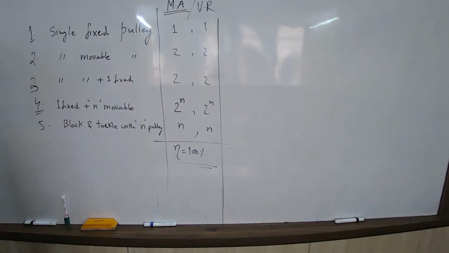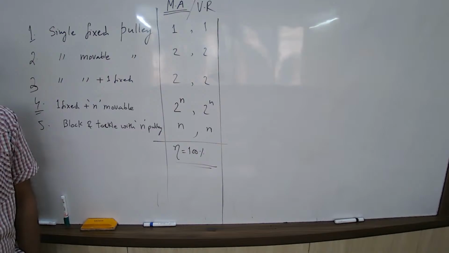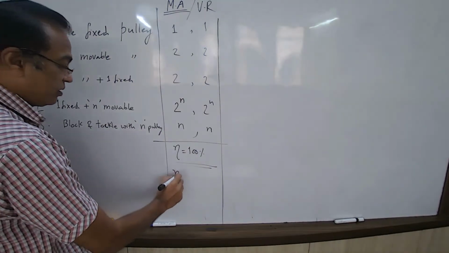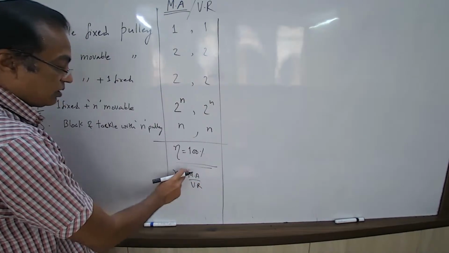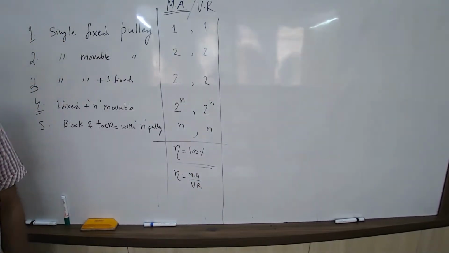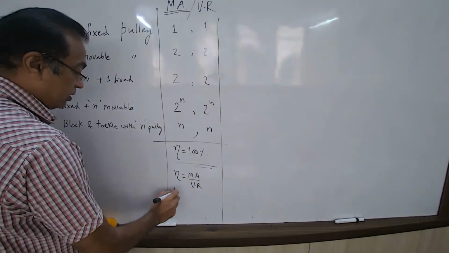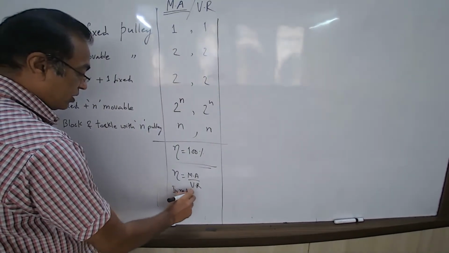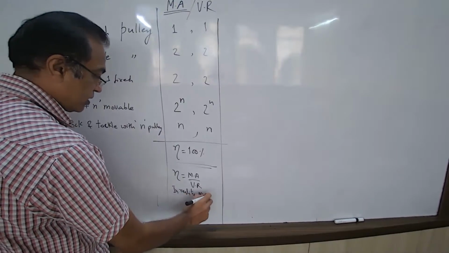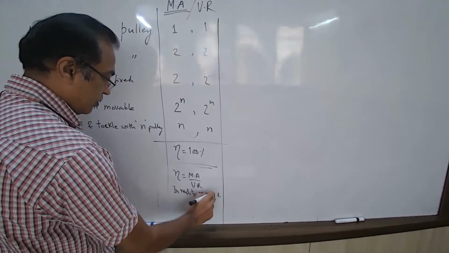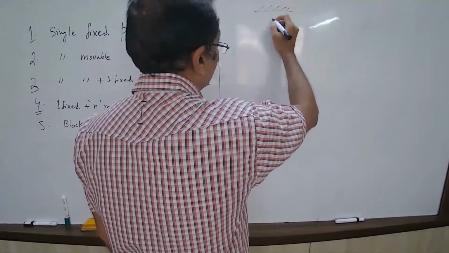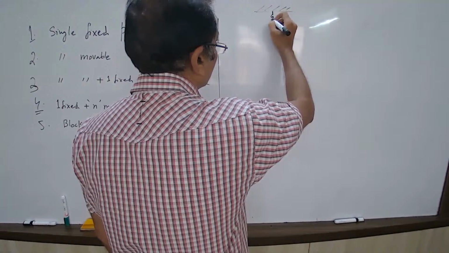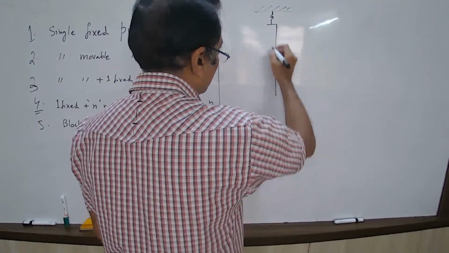Okay, right? But now we'll see that the mechanical advantage is less than VR. So what was the formula for efficiency? MA upon VR. So mechanical advantage is equal to VR only in ideal machines, right? In reality, MA is less than VR. Why? Because if you take the block and tackle system, what do you have? In the block and tackle system,